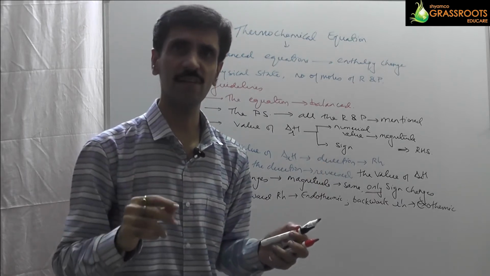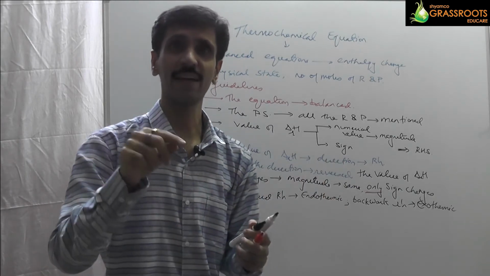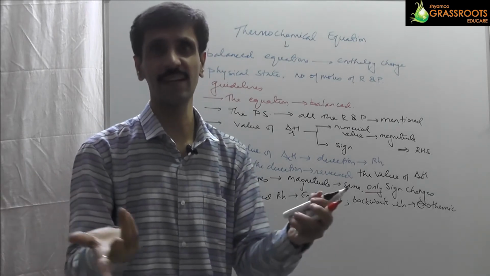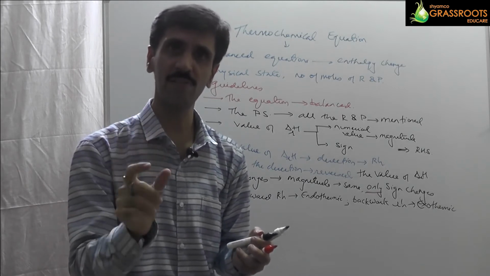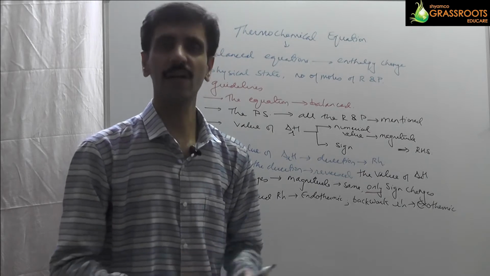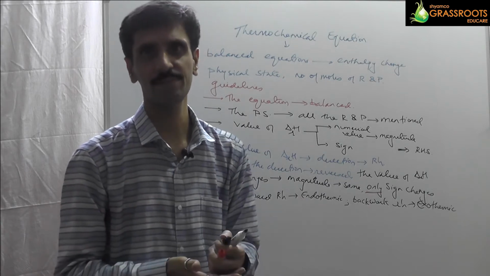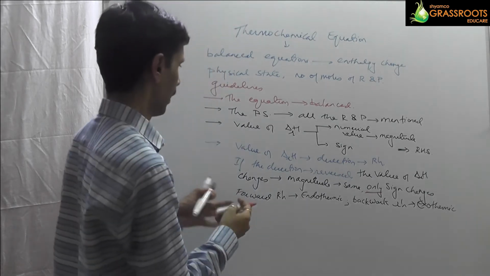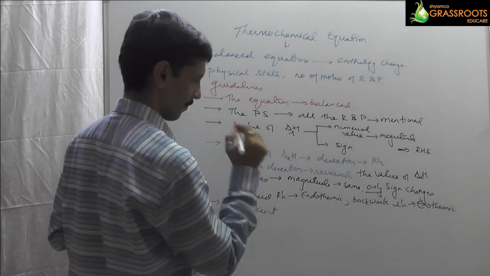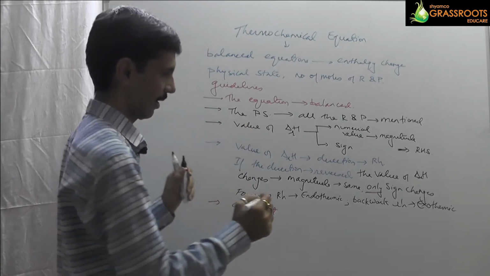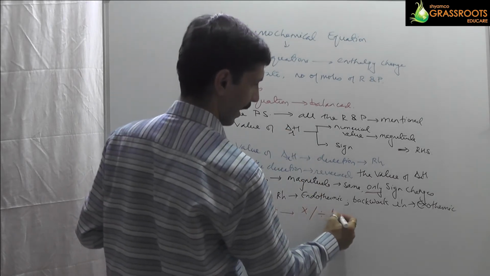दूसरी बात है कि जब भी हम रिएक्शन को बैलेंस करते हैं तो आई टोल्ड यू अबाउट द कोएफिशिएंट्स। जब मैंने आपको एक रिएक्शन बताया था तो A moles of A reacting with B moles of B to give you C moles of C and D moles of D। तो ये जो small a, b, c, d हैं, those are nothing but number of moles of the corresponding reactants and products। उसे हम कोएफिशिएंट्स भी बोलते हैं, और उसका वैल्यू हमें तभी मिलता है जब रिएक्शन को हम बैलेंस करेंगे। तो हमें यहाँ पर बताना है कि इफ द कोएफिशिएंट इज गोइंग टू बी आइदर मल्टीप्लाइड और डिवाइडेड बाय एनी नंबर।